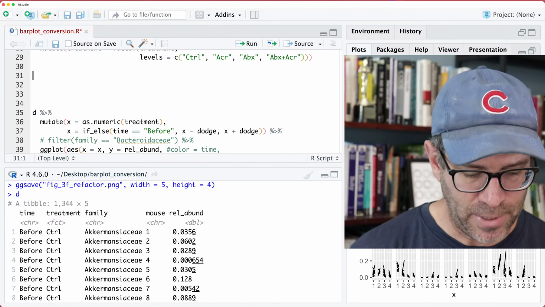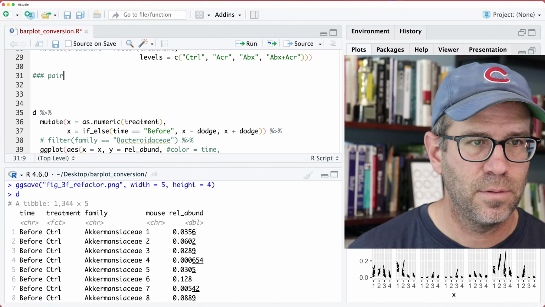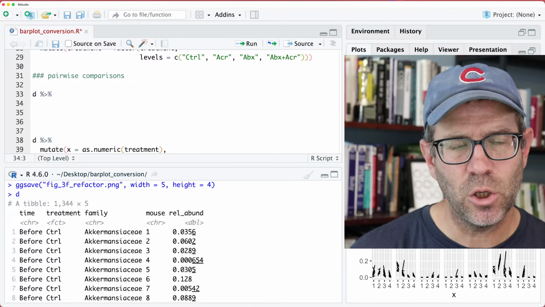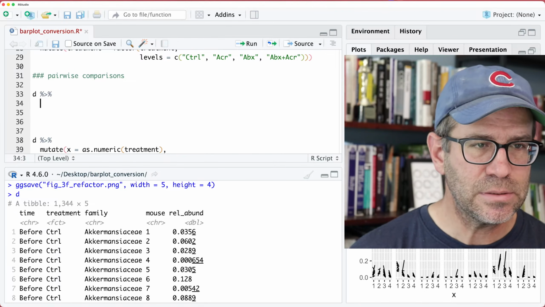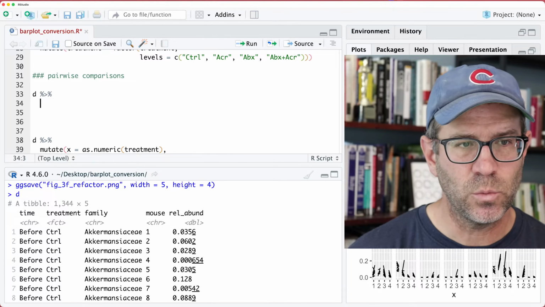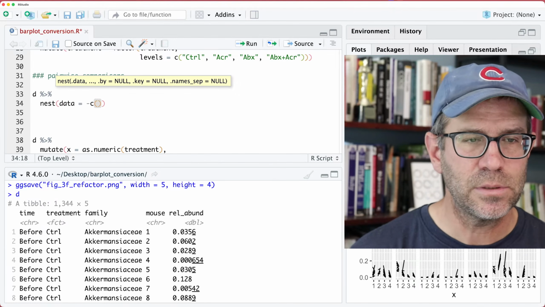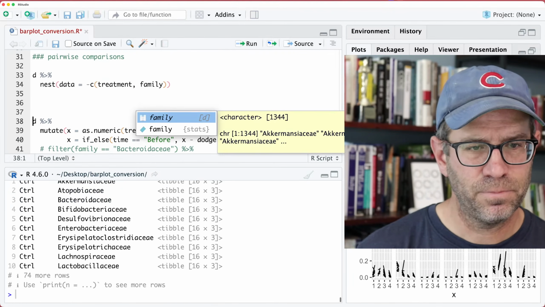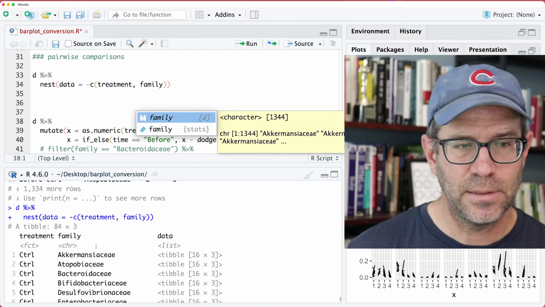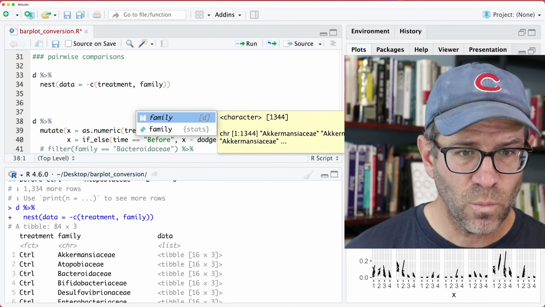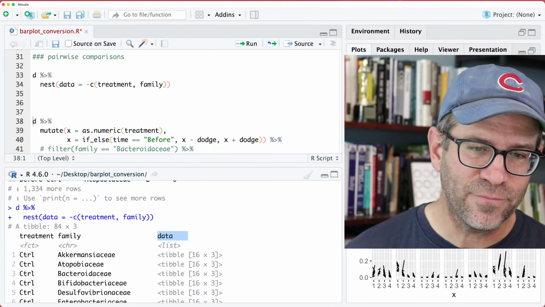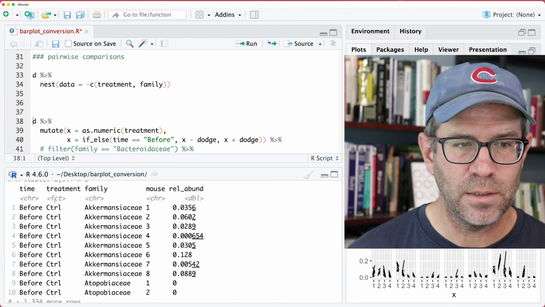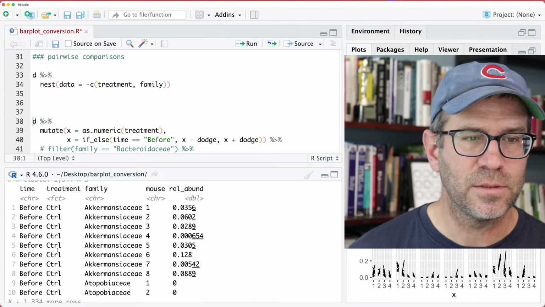So let's look at the pairwise comparisons first. And so we'll take D. And again, I want to look within each treatment and family. So we'll do nest data equals everything but treatment and family. And this then gets us 84 tables where we've got a data frame with 16 rows and 3 columns. And those 3 columns are going to be the time, the mouse, and the